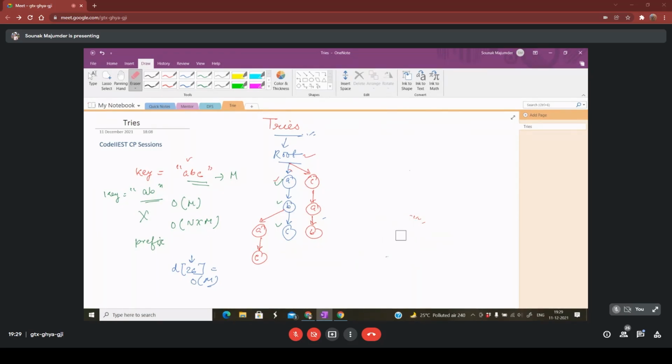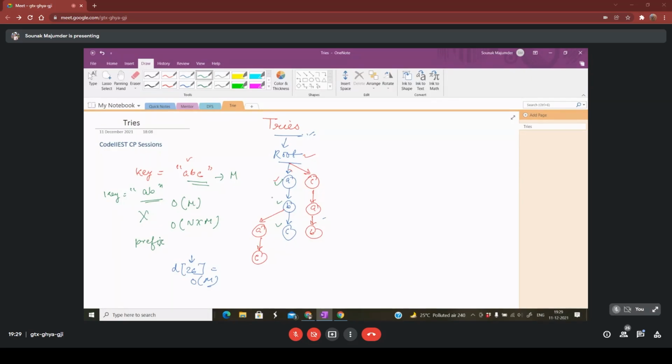But let's say you are told to find whether the given string is a prefix or not. You can't use a dictionary, right? Because a dictionary will check for the exact same word. So for prefix things, we have to use tries.